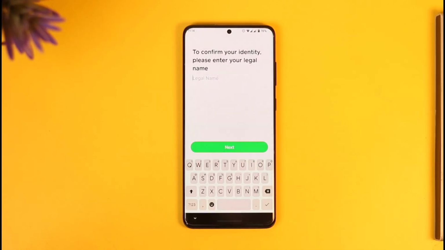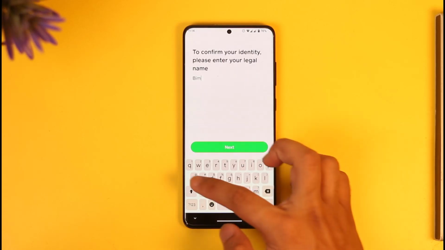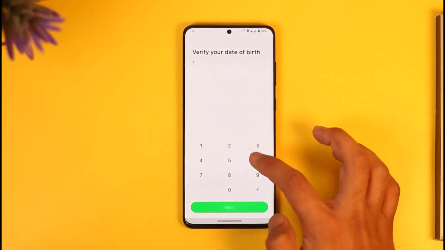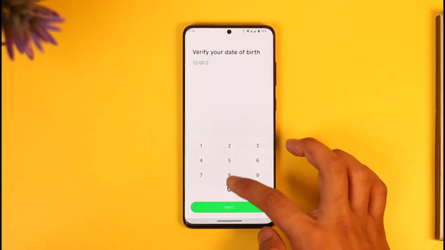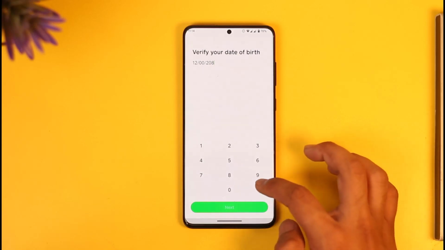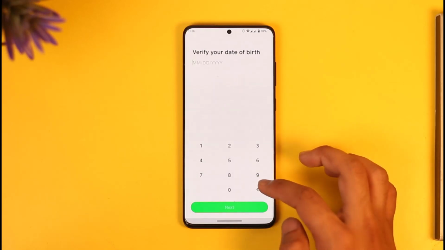It may ask you to verify with your phone number as well as a legal name and so on. So make sure to also go ahead and enter your legal name. Once you've entered your legal name, make sure to enter your date of birth as well. Once you've entered your date of birth over here, just go ahead and tap on the next option in this case, and once you tap the next option, most likely you'll be able to go ahead